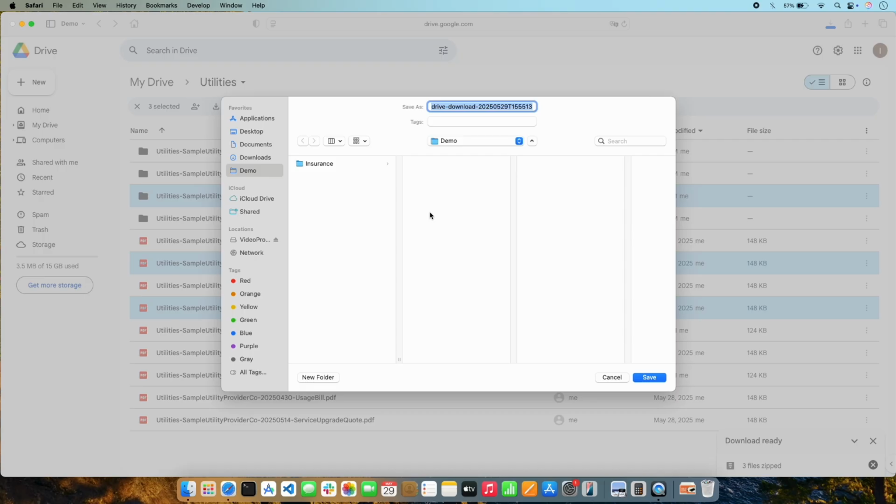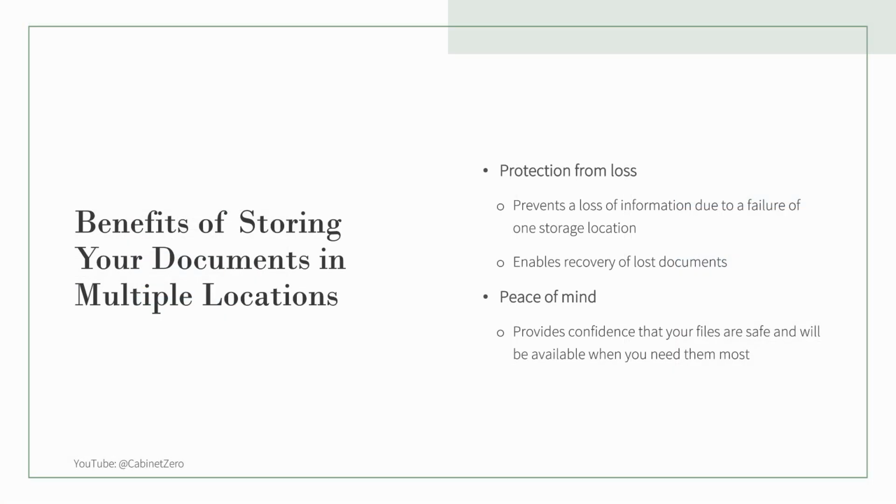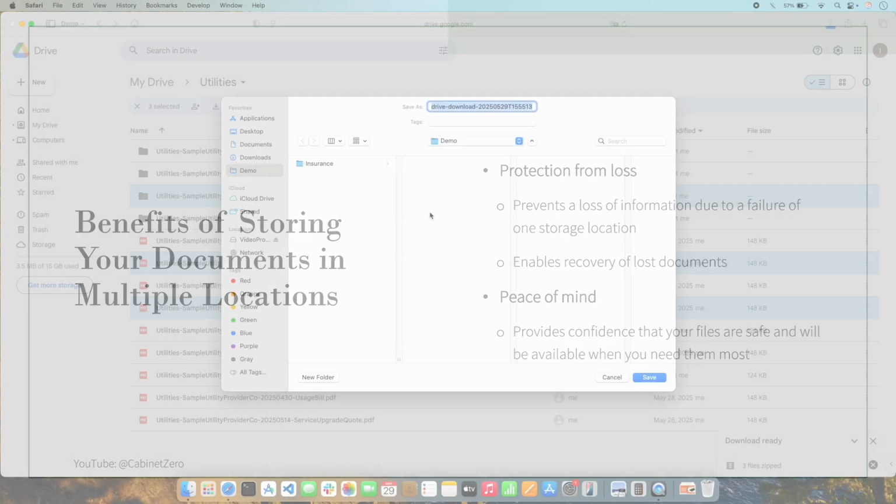It's important to know that when you download files from Google Drive to your Mac, the original files on Google Drive remain unchanged. Even if the new copies downloaded to your Mac are lost or deleted, the original files on Google Drive will remain intact. This is one reason that cloud storage or any additional storage location can be so useful when planning storage for household documents. If files are stored in two storage locations, the files and their contents will continue to be available even if one storage location is lost or becomes inoperable.